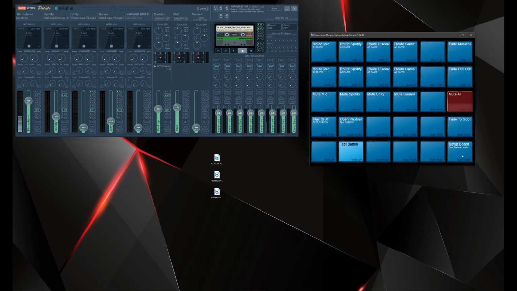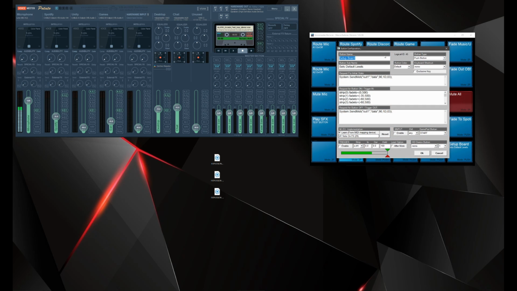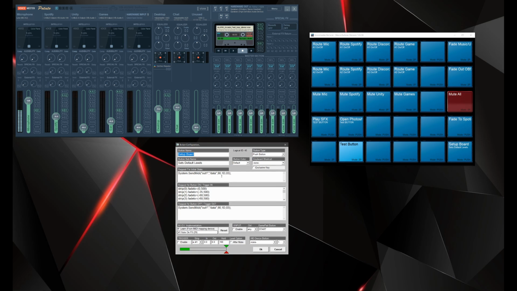When my macro buttons first open up, it'll automatically turn the button red. And there's a lot in here. The nice thing about the dialog box here is that you can have, I don't know how many lines you're allowed to have, but you can have a ton in there. All I have this set at right now is that I basically go through each channel. Actually, I even go through my buses, so these ones as well, but I always leave these at 0 for when I'm streaming and whatnot. I just tell each channel what I want it to fade to. So my microphone gets faded to 0, my Spotify gets faded to -35,